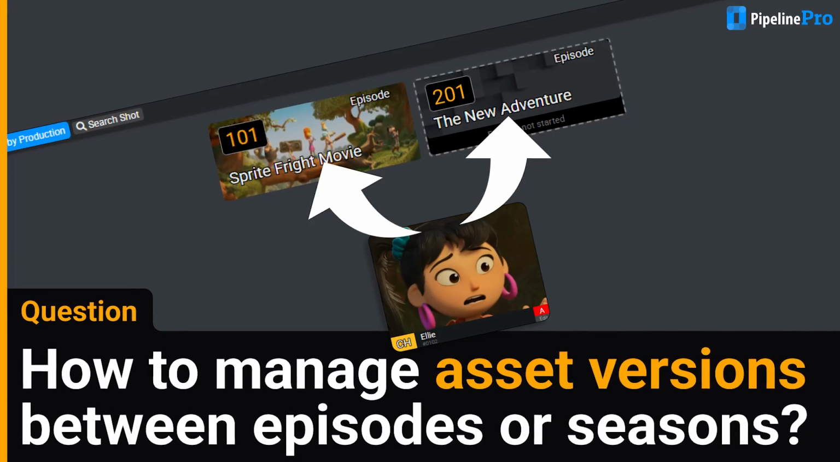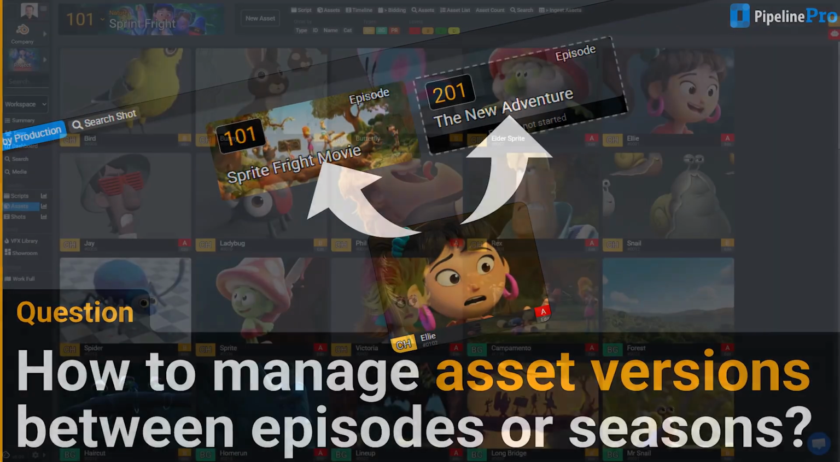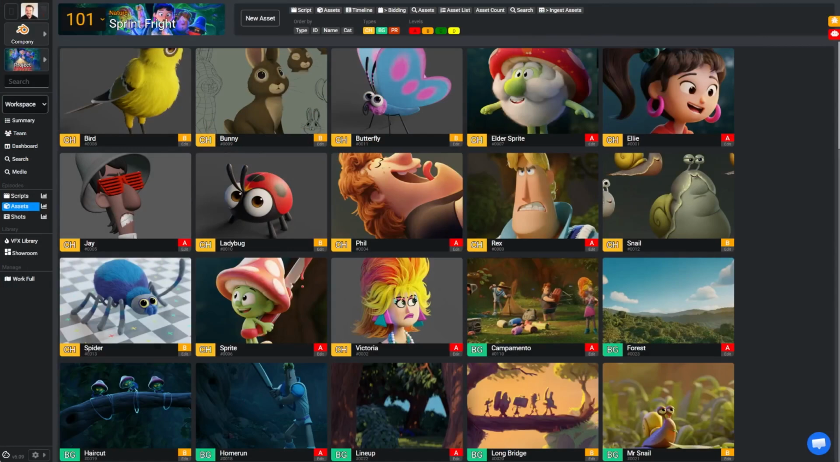How to manage asset versions between episodes or seasons. How do we import an asset into two different seasons while maintaining compatibility with what has already been published, without breaking previous compatibility? Let's take as an example episode 1 of season 1, where we have a character called